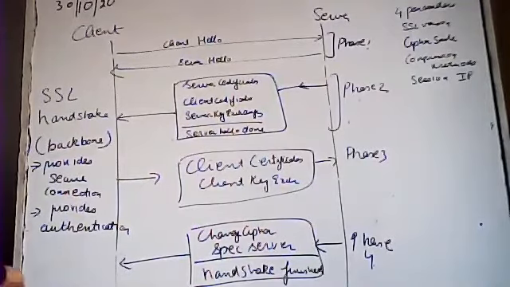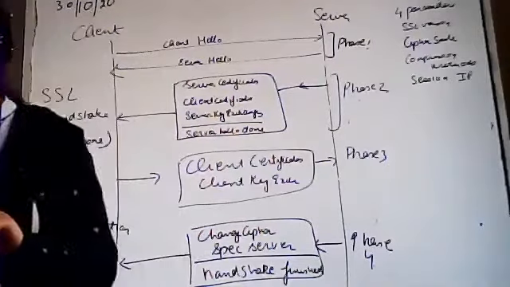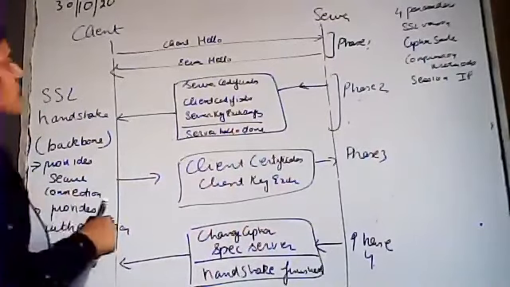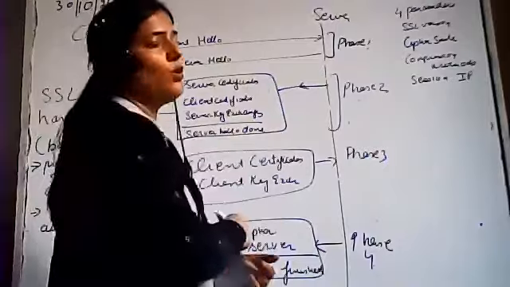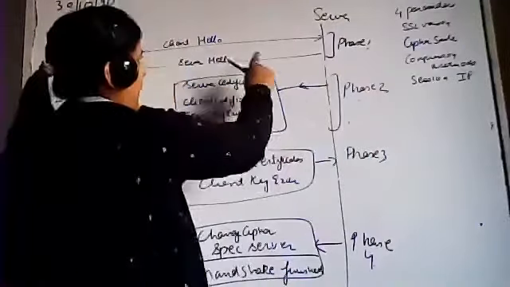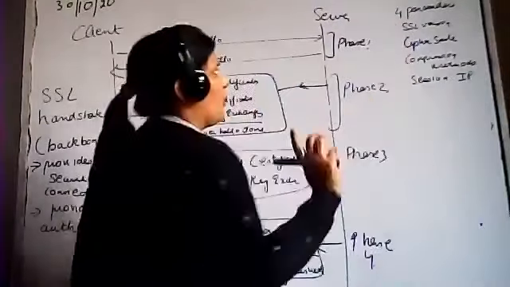Okay, session IDs, that is, what type of session we can use on that particular system, on that communication channel over here. So everything will be passed by the client to the server. So who will start the communication? Client will start the communication by saying hello and by passing all these four parameters.